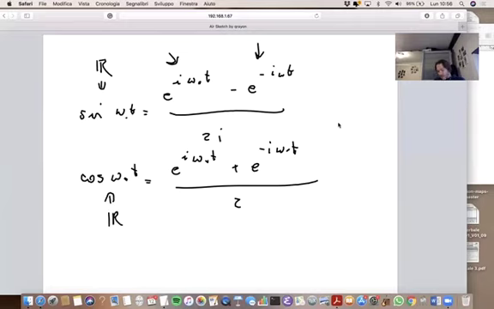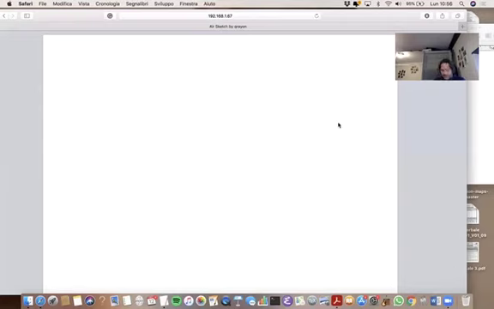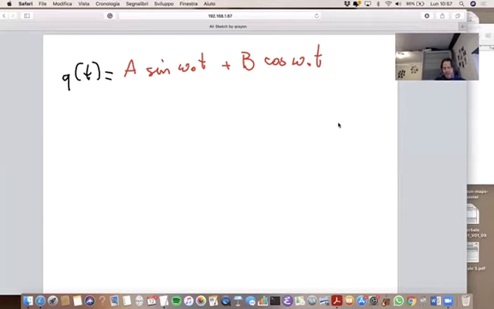So, in conclusion, I could say that if I take as a function of q(t) any linear combination of a sine of omega naught t plus b cosine of omega naught t, where a and b are any real number,